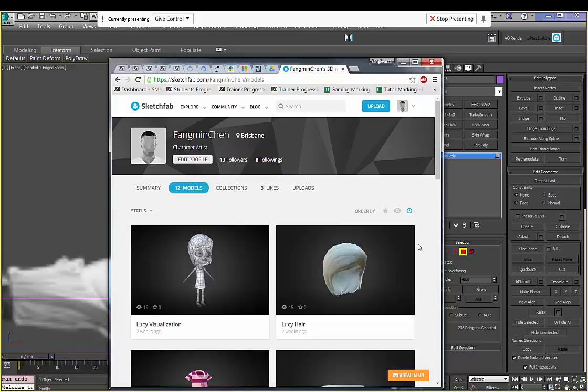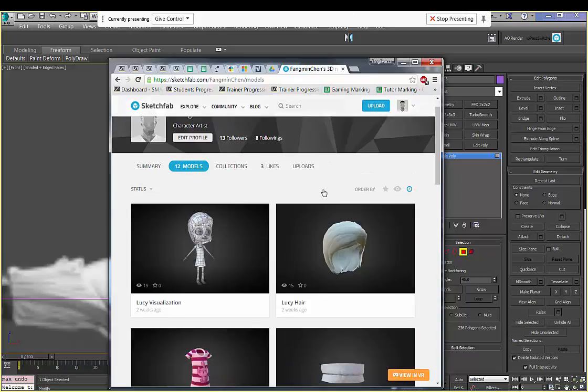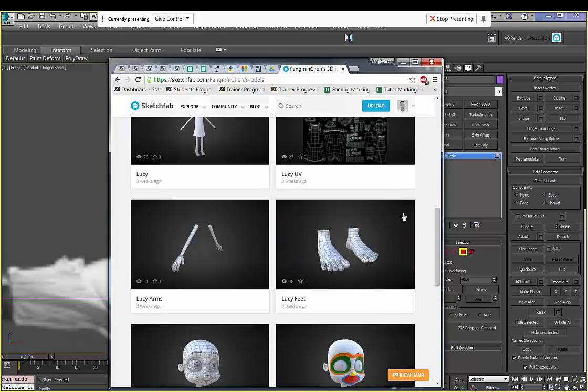And I'm hoping that we can do this next week again and continue on the head and how I deal with the back of the head, the chin, and how to model out different parts. For example, the nose. How do we deal with the nose and stuff like that? So I'm hoping that we can do the whole character